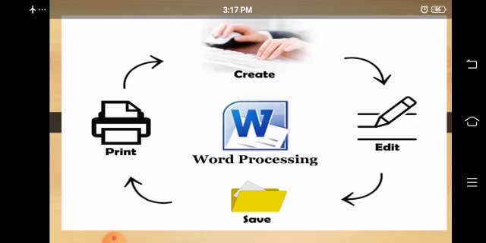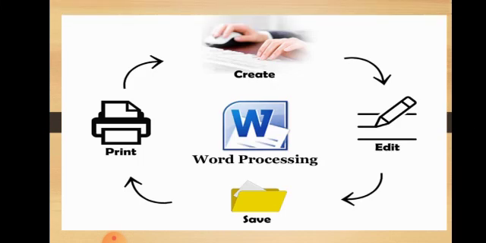So, we have already done the chapter well and you are familiarized with the word processor now. In MS Word, we create a document and then edit it, then save it and take a printout of the document. We can do all these things with the help of a word processor.